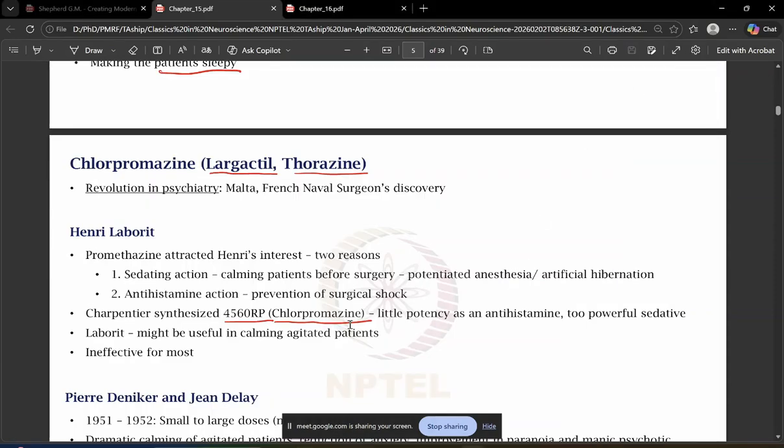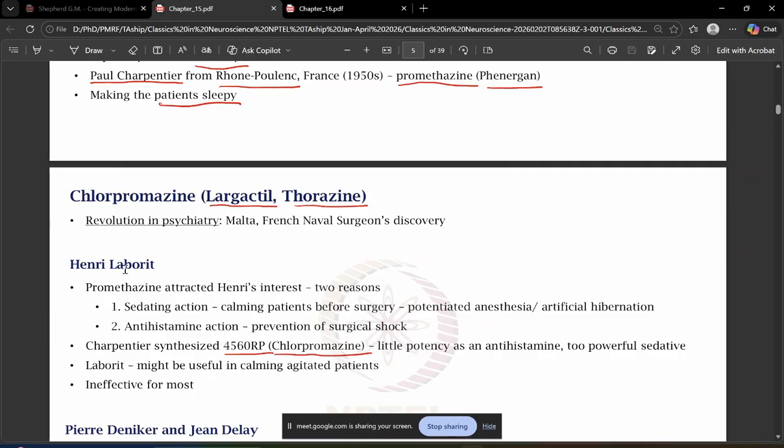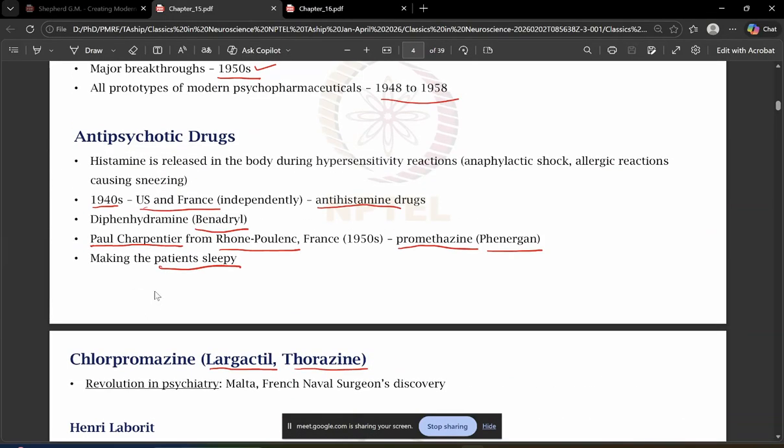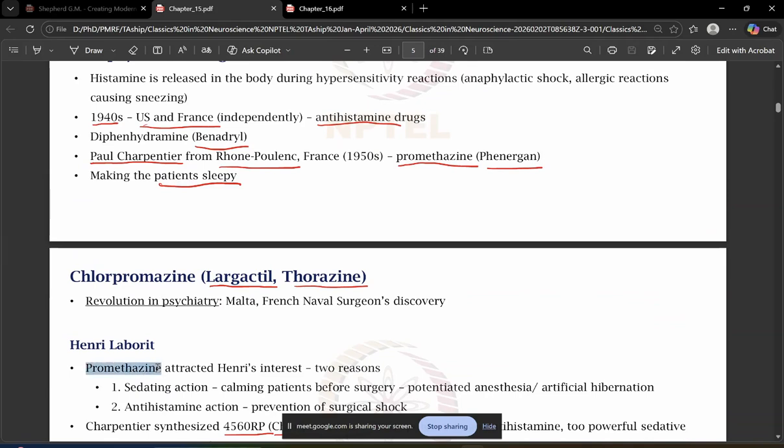When he had to perform surgeries, he was interested in looking for compounds which can help in calming the patients down before surgery and also prevent surgical shock. During that time, it was shown by Paul Charpentier that promethazine